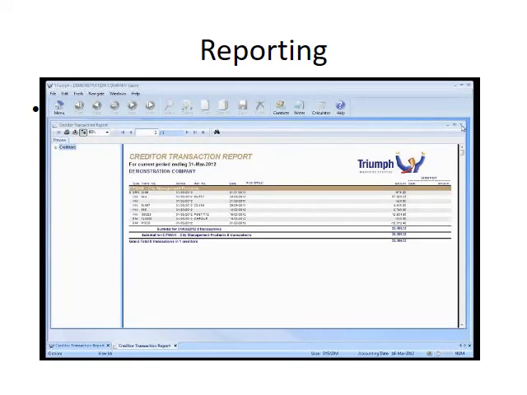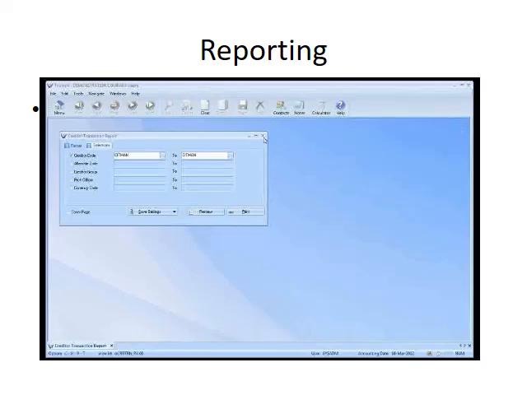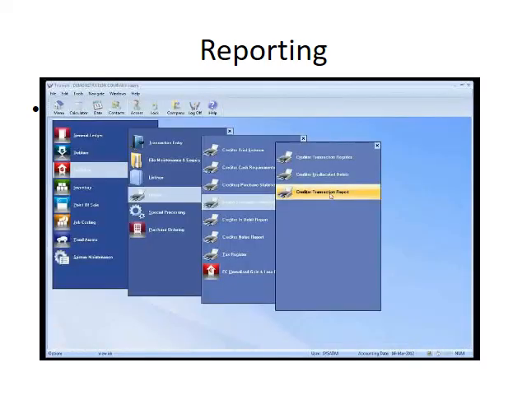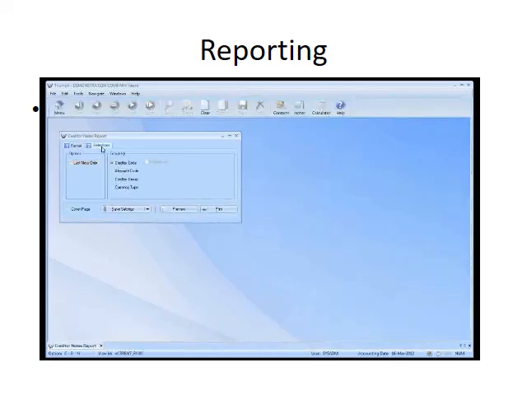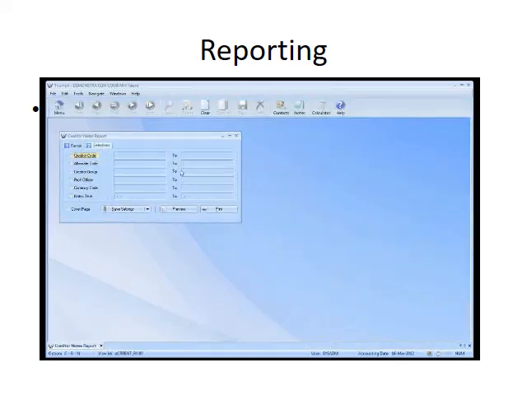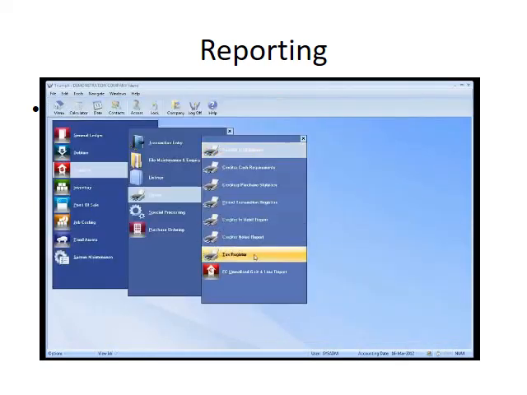So it sounds similar to an aged trial balance, but an aged trial balance only gives you what's currently outstanding. This gives you a list of their history. People in debit, so do we owe them money, something that's not quite common. A list of notes: if we put notes in here, we can get a report out of those notes, and we can select and choose that by certain criteria. And the tax register gives us a